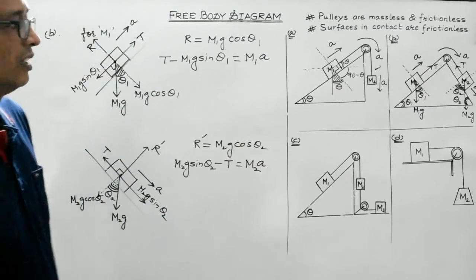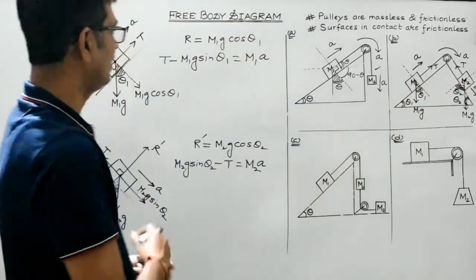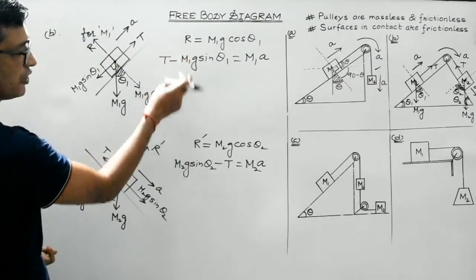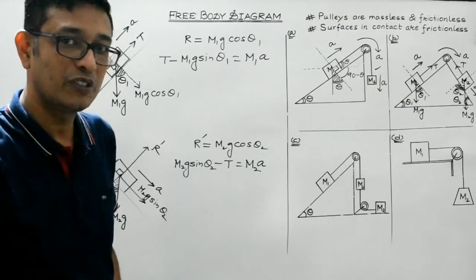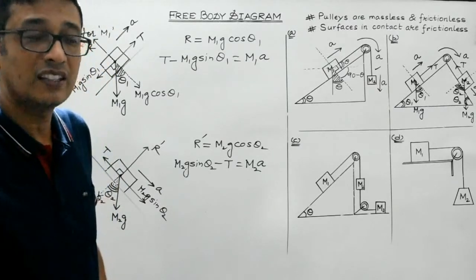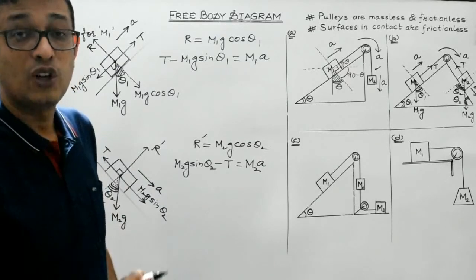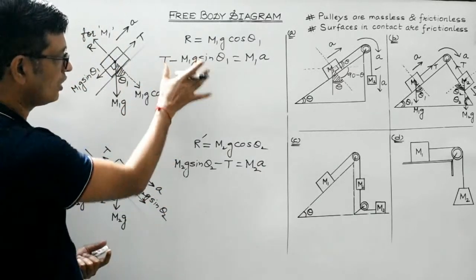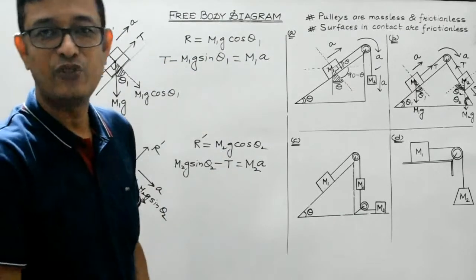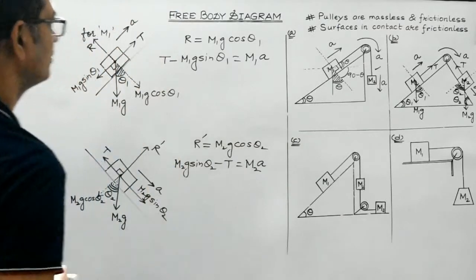So again, students, if theta 1, theta 2, m1, m2 are given in a numerical, then by using these two equations, we can easily solve and get the value of acceleration of each of the two bodies, which is constant, as well as the tension in the string can be easily evaluated. So I hope you should get confident in drawing the free body diagram as well as in constructing these equations, right? So let's proceed to the third question then.